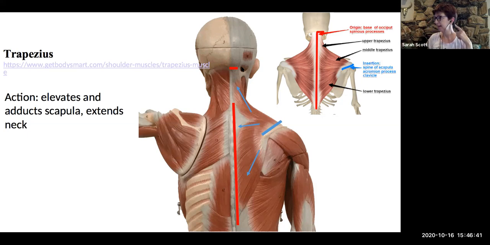With the neck, just like with the torso, flexion is moving the chin down to the chest. Extension is going back to an upright posture. Moving your head backward like this is hyperextension. So there is a difference between extension and hyperextension. All right, so that's this portion here that goes up to the occipital bone.